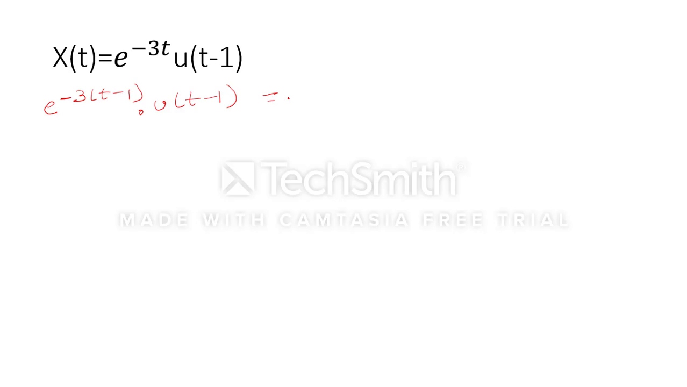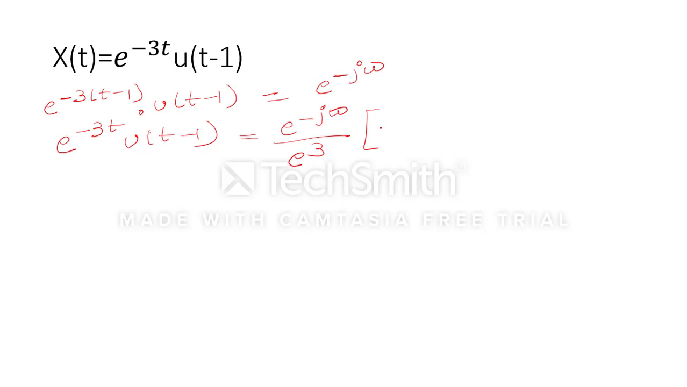So when we take the Fourier transform, we know that time shifting is there. t minus 1 means e^(-jω). So here, because only this term, minus 3, is given, we can say that e^(-jω) divided by e to the power 3 will come here. Then the Fourier transform of